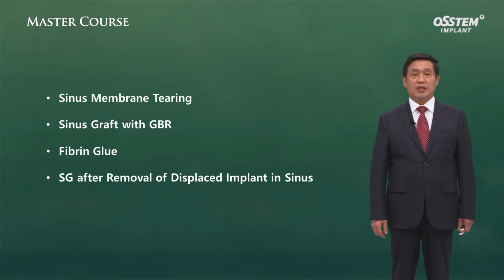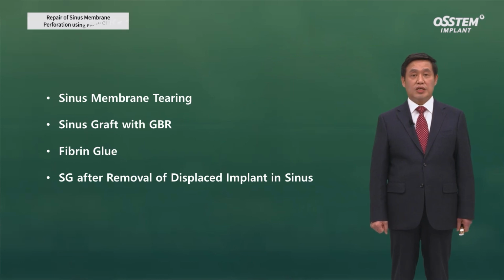Sinus membrane perforation is one of the most common complications that can occur during sinus surgery. As mentioned in the two reviews that I've mentioned earlier, even though there's